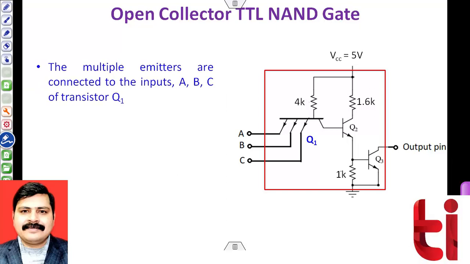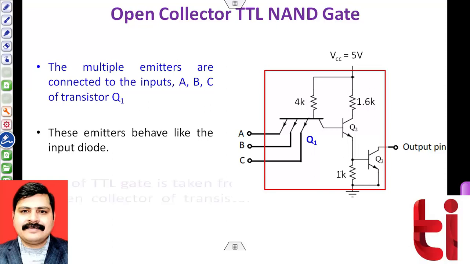Like you can check, the multiple emitters are connected as an input, and these are for the transistor Q1, and the functionality of these emitters, it behaves like an input diode. So maybe you can recall the functionality, we have discussed few numericals in previous modules while we were covering the diode configurations, the designing of AND gate and designing of OR gate, and the overall output which we are receiving over here from the collector terminal of my output.